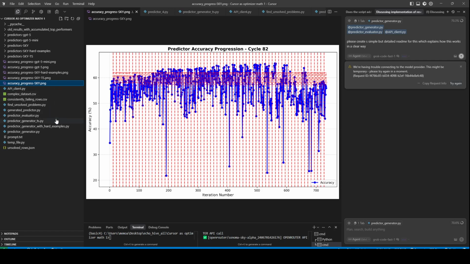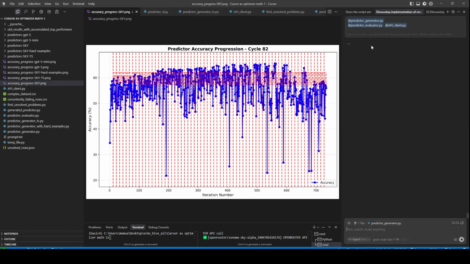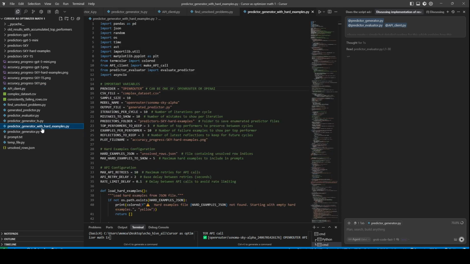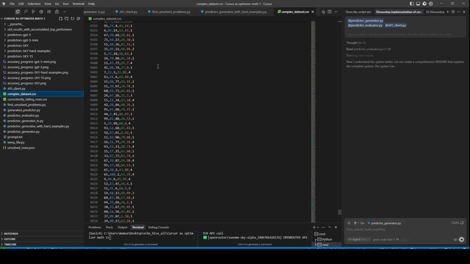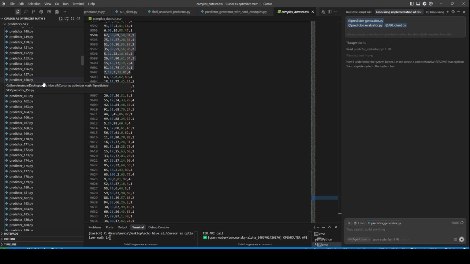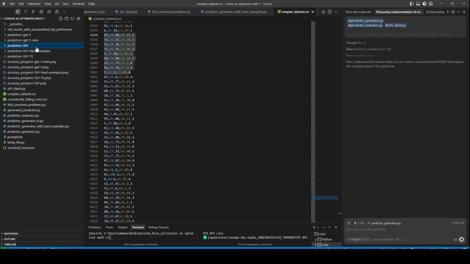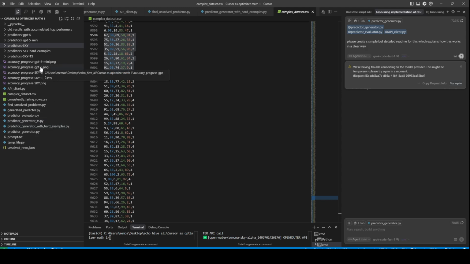So this was the general idea, and then I had some discussion with GPT-5 here, trying to create a README but failing, and it also suggested that maybe we should give some of the hard examples, like some rows that are unsolved by any of the algorithms that were generated, any of the solutions. So if you look here, there's hundreds of solutions here. Is there any in the data set that none of them solves?